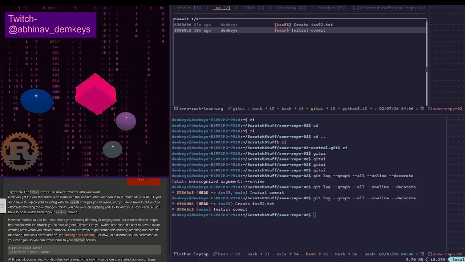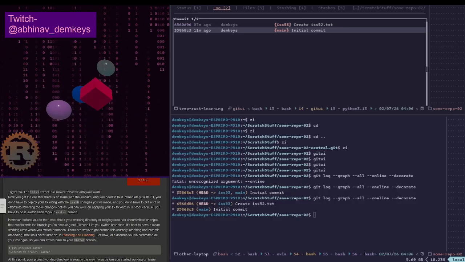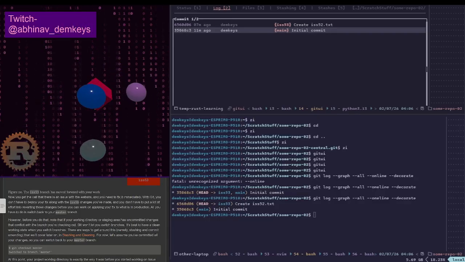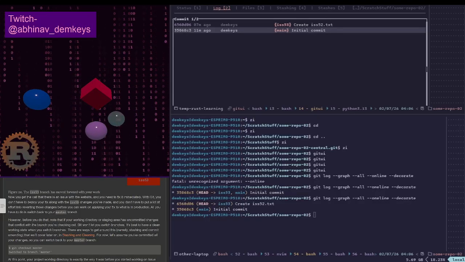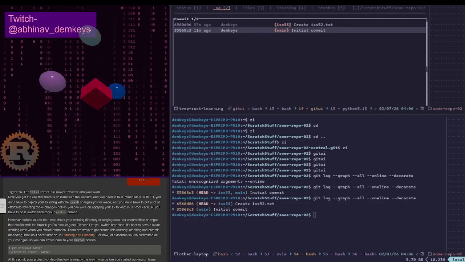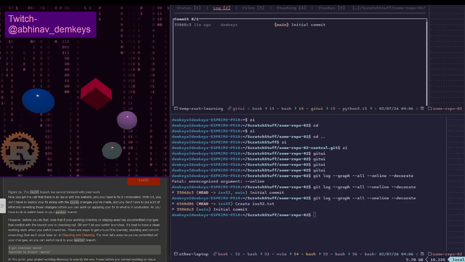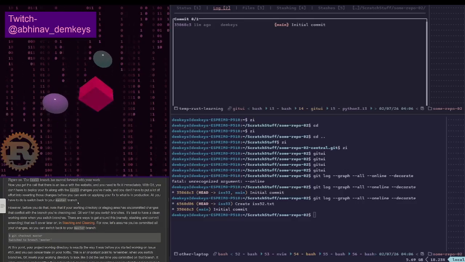All you have to do is switch back to your master branch, which in my case now is main. So we are going to check out main, and all you have to do is switch to so and so.